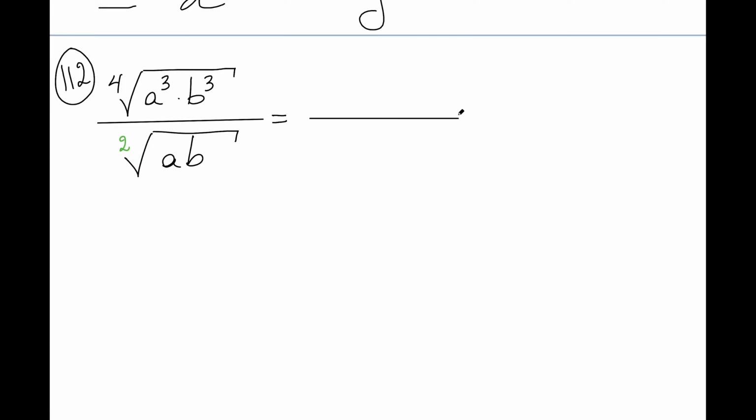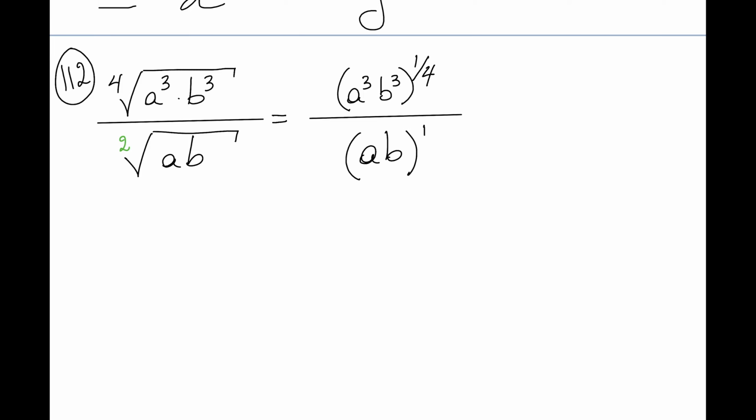the quotient of whatever the radicand upstairs is to the power 1/4, and whatever the radicand is downstairs, which is ab to the power 1/2. Correct? Okay. That's the quotient of,